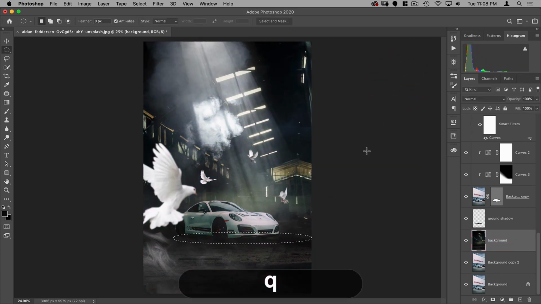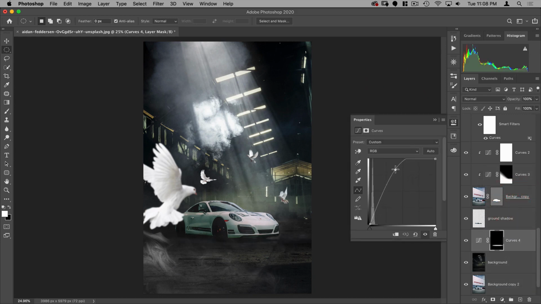Just like that. Hit Q again, and now my selection is feathered. And I can add a curve here. Just push this up. Now there's not a lot of information here, but hopefully this will still work. And I think that looks pretty good.